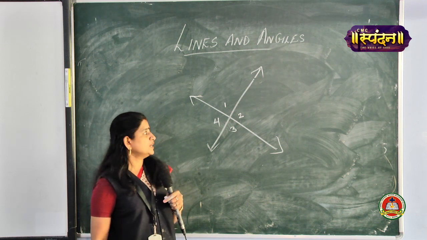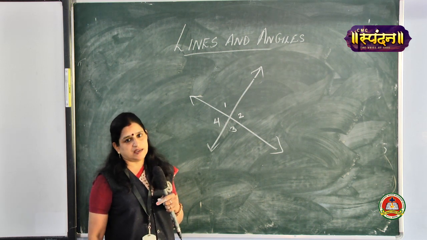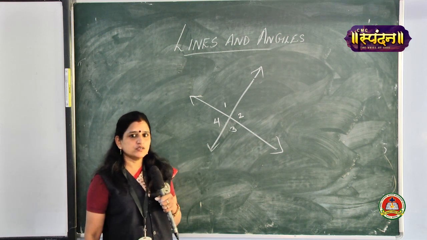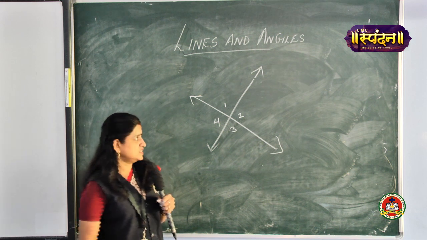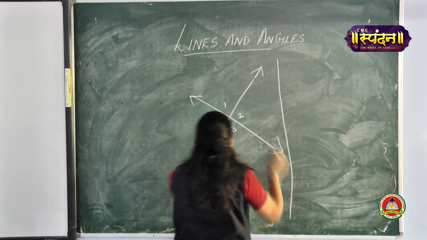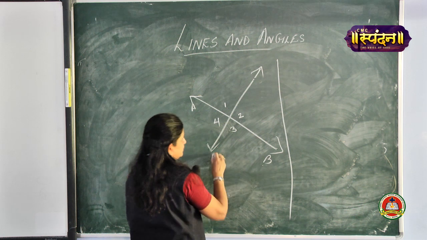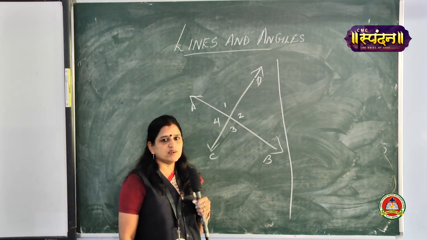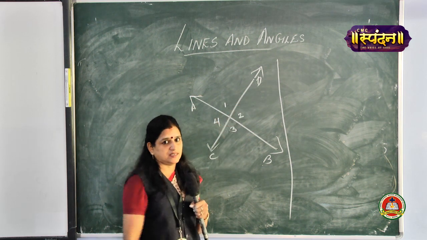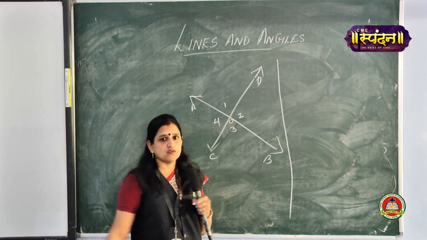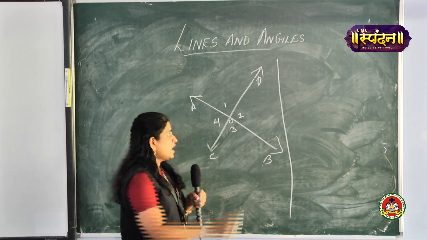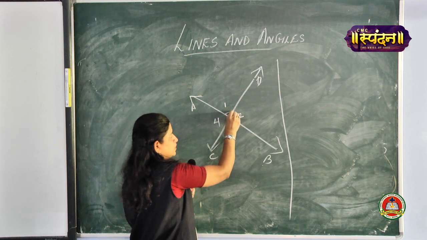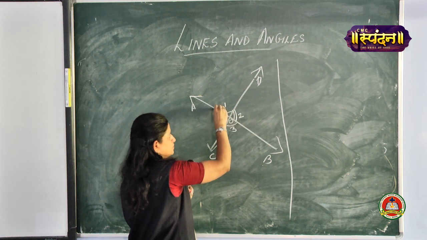You have to show that vertically opposite angles are equal. For proving this, I am going to use the linear pair axiom. So, what is a linear pair? Here, let me name the lines AB and CD. Are you able to observe any straight line over here? Yes, you have two straight lines and they are intersecting at the point O. You have to prove angle 1 is equal to angle 3 and angle 2 is equal to angle 4.